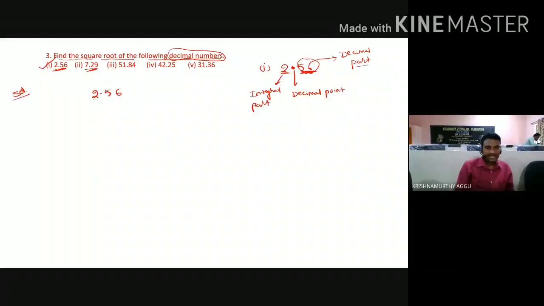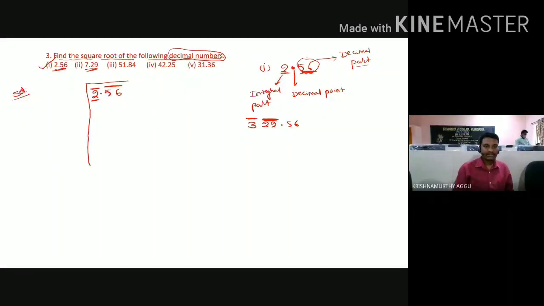Now in the solution, take the given number 2.56. First you take only the integral part. In the integral part, how many digits are there? 1, sir. Only one. So place a bar over that. If two digits are there, pair them under one bar. If a single digit is there, a single digit bar only. If three are there, for these two a bar, for this one a bar. Like this you have to proceed. Understand? Yes, sir. Right. Next, after the decimal point, we have two digits and you place a bar over them.